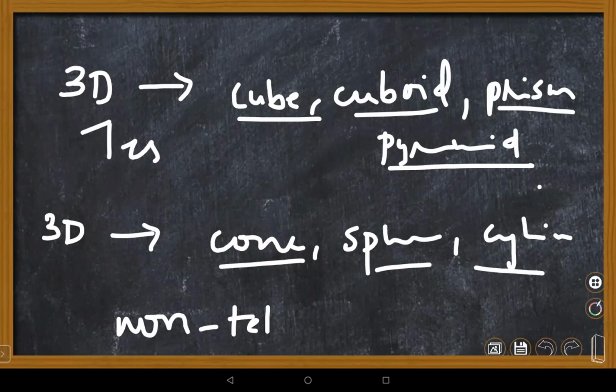Not only this, children, there is a famous mathematician Euler who derived the relation between vertices, edges, and faces. There is a wonderful relation given by Euler. We will see those things in the next class. Just imagine the different 3D figures. Why do we call some figures tetrahedrons and some non-tetrahedrons, even though all are 3D figures? What is the reason? Please go through it once and come back in the next class.